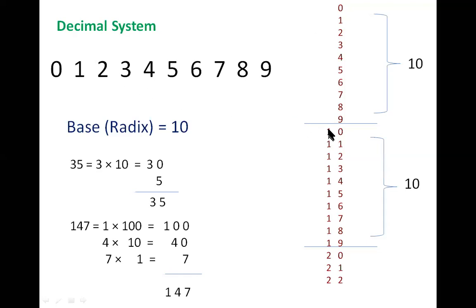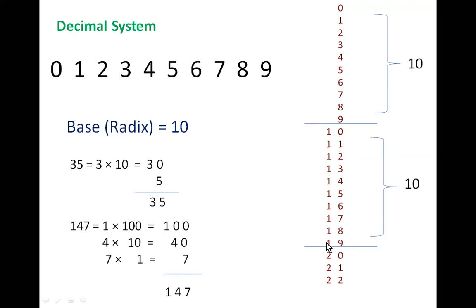Instead of stones, we are using one symbol out of these 10 symbols, and I'm keeping one outside here, and I'm reusing all the symbols. What are the symbols present in the decimal system? 0, 1, 2, 3, 4, 5, 6, 7, 8, 9. When you have used all the symbols, we reuse them again, like 10, 11, 12, 13, 14, 15, 16, 17, 18, 19. What is this first digit here? 1. Why have we added 1 here? This 1 says I have used all the symbols one time. That's what this 1 indicates.